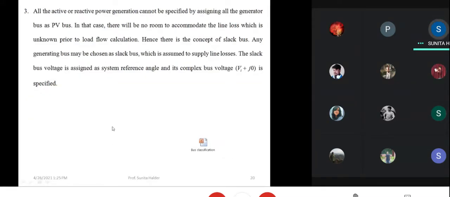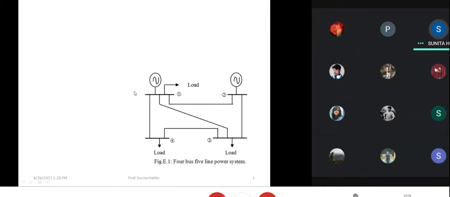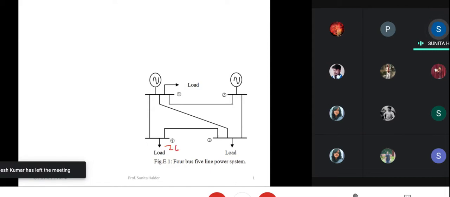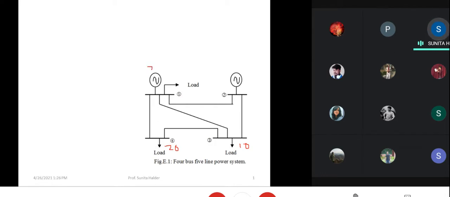Now you see, in this power system, if we specify all the generation, say all the loads here are 20, say I am talking about active power only, there may be reactive also, 20 and 10 active power, kilowatt or megawatt. So if we fix this generation as 20 and this generation as 10, and say here there is another load, say 5, so this generation is set to 15, then will it be sufficient? Then will this power system operate satisfactorily?